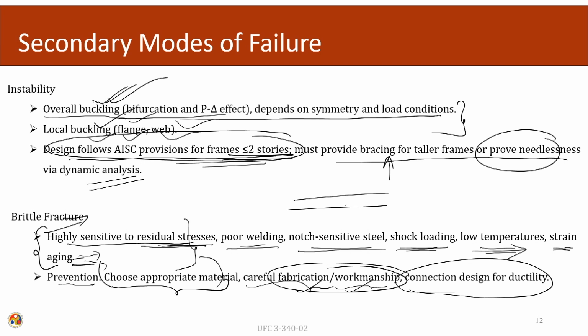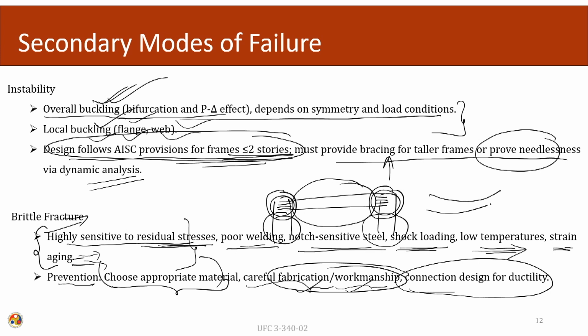Let us say we are designing a frame type of system. We have designed the beam properly, we have designed the column properly, but we have ignored the increase in the stresses that are coming at the connections. If we do not take into account all these factors, my beam might survive, my column might survive, but there will be a severe distortion in the connection, and the overall requirement for which this entire framing system was designed will be defeated.